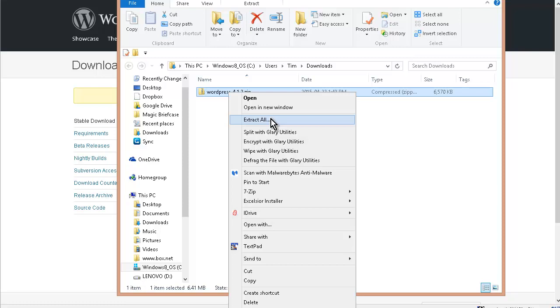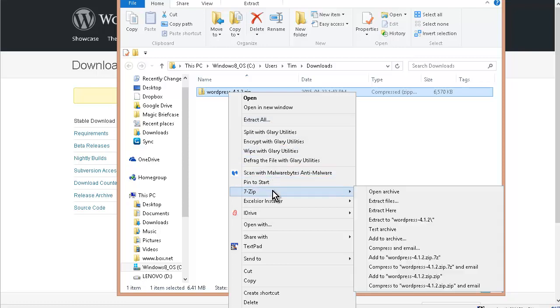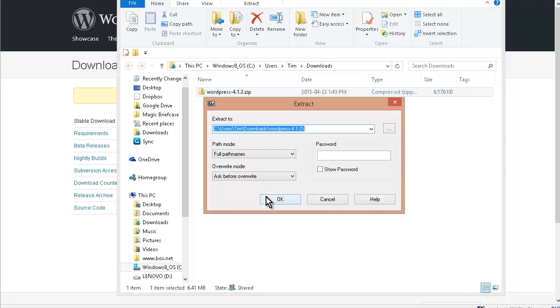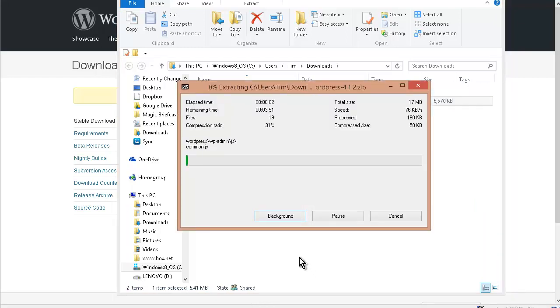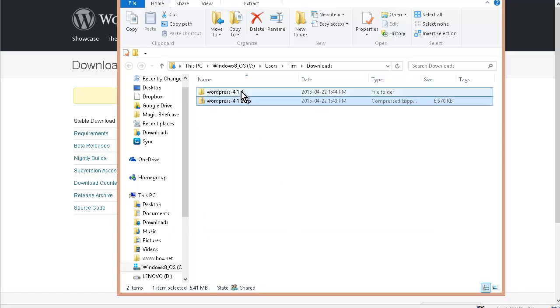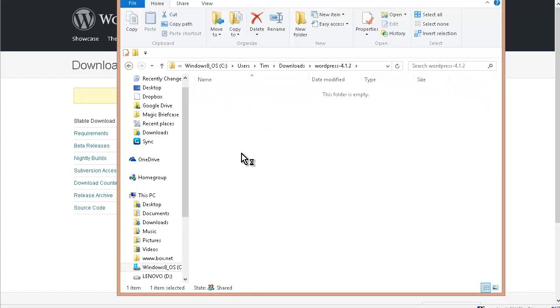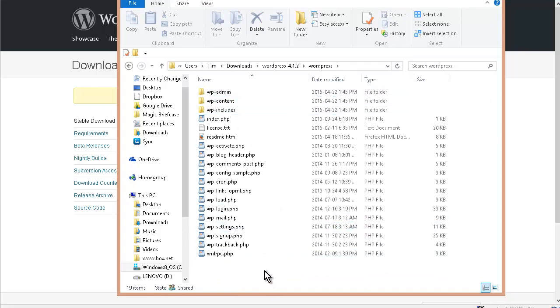Or you can install a program called 7-Zip that you can get for free. You can just do a search for it if you want to use that. Or any other program you want to use, it'll unzip the files. I use 7-Zip because it's the fastest one I found. So I just do extract files, click OK, and it'll extract all of WordPress right to this directory. So your WordPress files will be right inside here and inside the WordPress directory, and there is the whole WordPress script. Now what we need to do is upload that